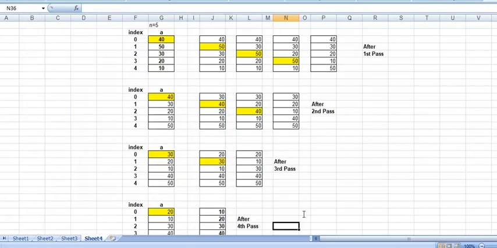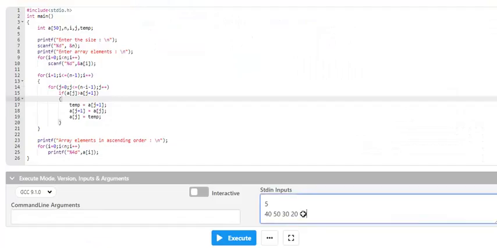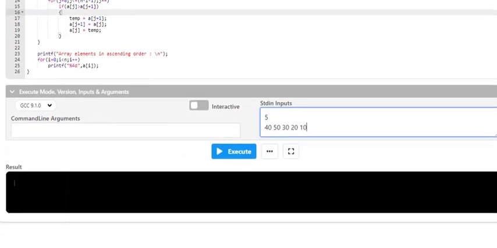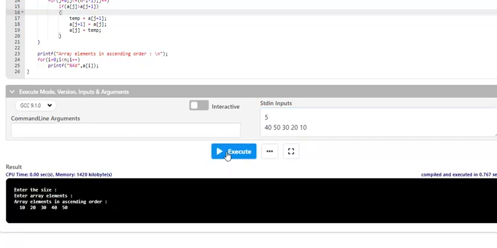Let me check. 40 50 30 20 and 10. Now I will execute. This is the result window. It takes the size, then from the standard input 5 array elements, 40 50 30 20 10, and we got the output 10 20 30 40 50, which is in ascending order. So this is how you can do it.